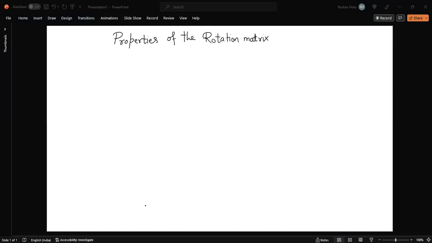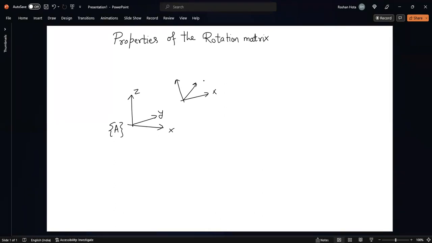And in this interpretation of the rotation matrix, if we have one frame, which is, say, the fixed frame, let us name this frame A, and I have another frame which is rotating with respect to frame A. Let us call this frame as frame B. In this case, if I have a rotation matrix that describes frame B relative to frame A,